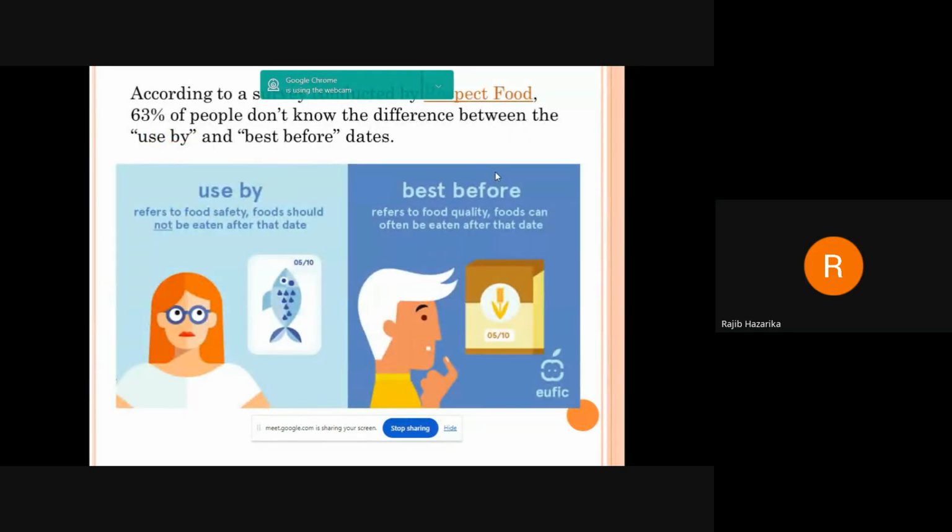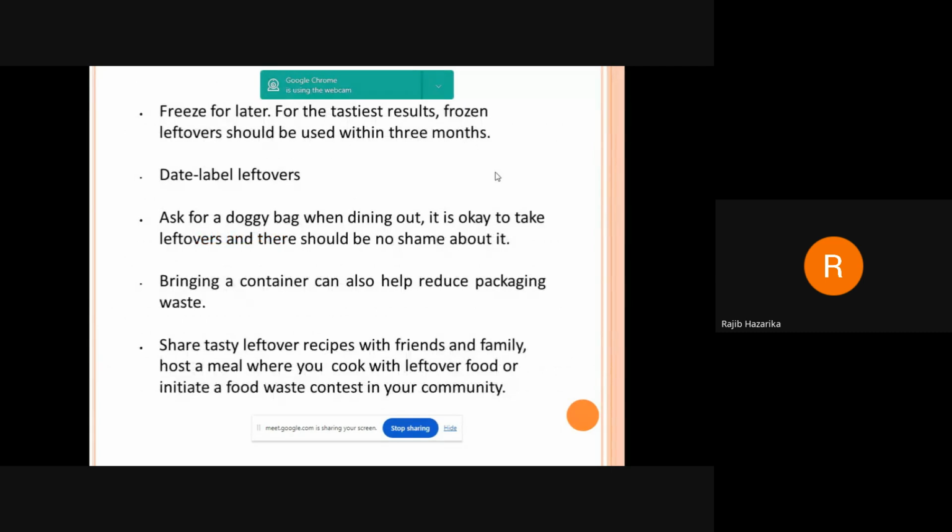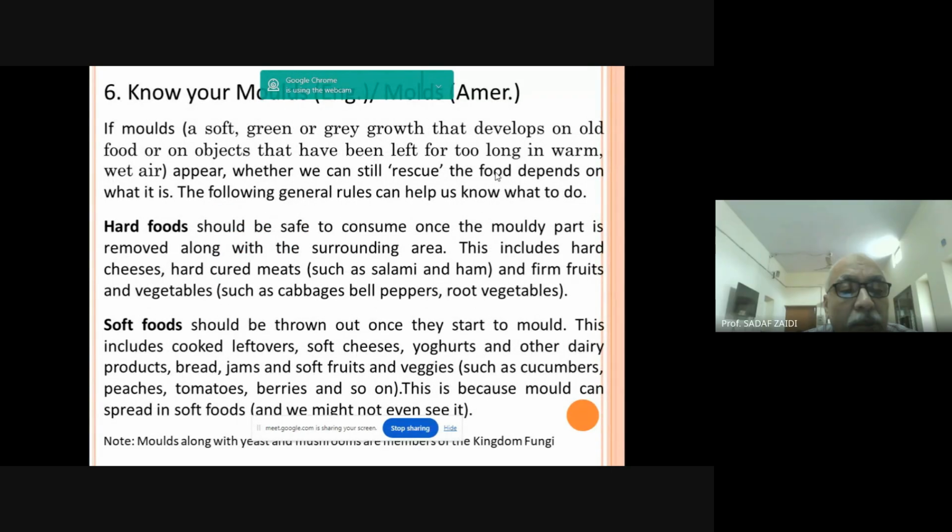So I think these were some of the things. Then you can also